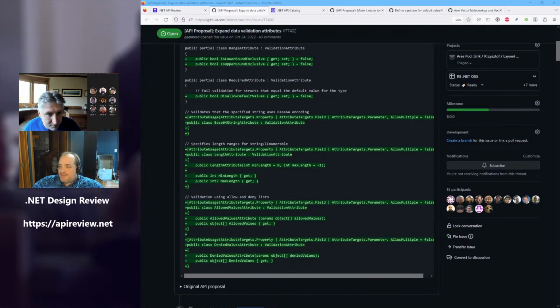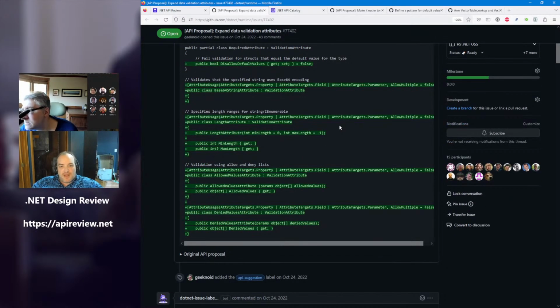Okay, and is that name going to conflict with anything weird? There's a non-public thing. Okay, so no. So base 64 string is currently not otherwise in use. All right. No feedback on that one.